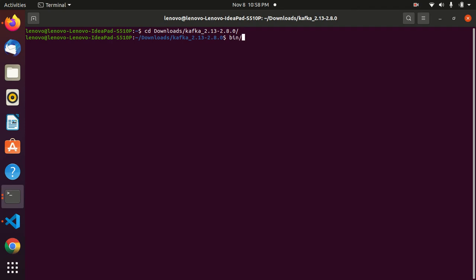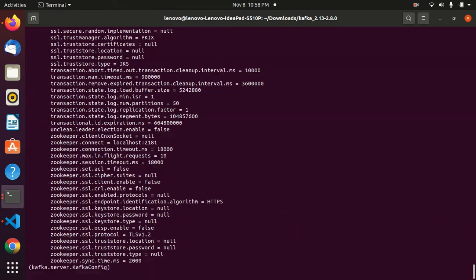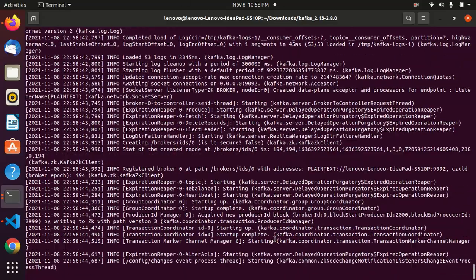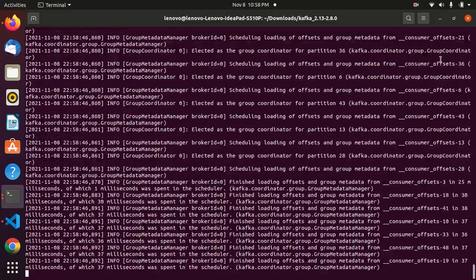Here also bin/kafka-server-start.sh config/server.properties. So our Kafka server is also started.